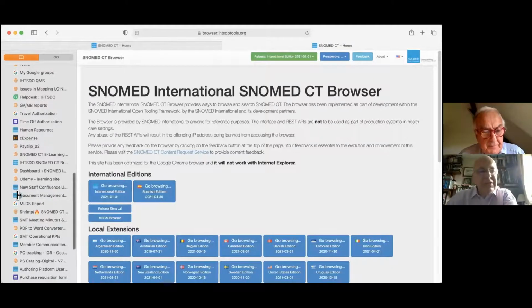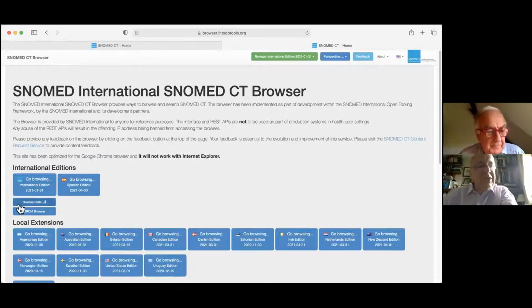So if I go back to the main page, the one thing I would point out, which sometimes people are interested in, there is also a tab for release stats, which will actually tell you for every release that we publish, the amount of concepts, the amount of descriptions, relationships, which is sometimes interesting, but also obviously changes over time as SNOMED itself either has new content added or indeed has content